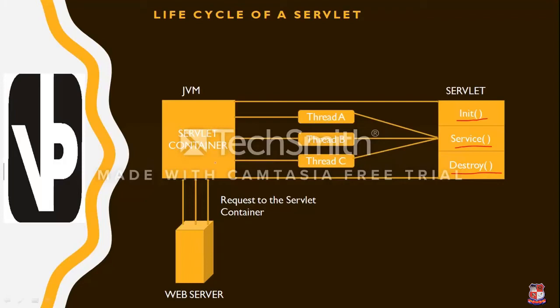Then the container loads the servlet before invoking the service method. Then the servlet container handles multiple requests by spawning multiple threads. Each thread executes the service method. So we can say that in the life cycle of servlet, init and destroy methods are called only once, while the service method is called for each and every thread.